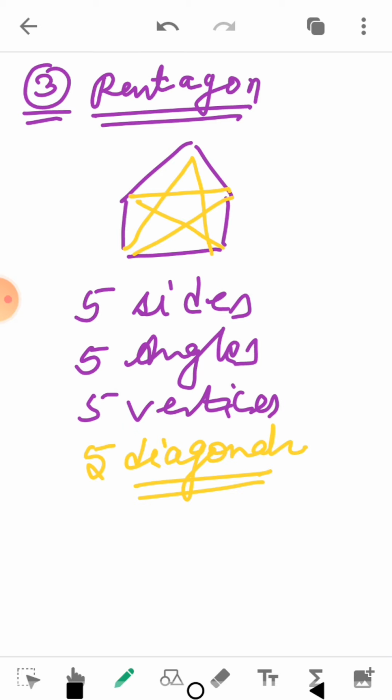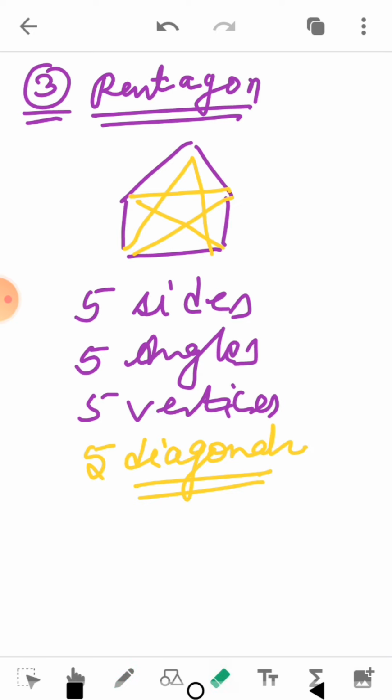Okay, this is the pentagon, and in the same way next is the hexagon. Hexagon means having 6 sides. The polygon having 6 sides is known as a hexagon. Having 7 sides is known as the heptagon. Having 8 sides is known as the octagon. Having 9 sides is known as the nonagon. Having 10 sides is known as the decagon, and having n sides is known as the n-gon, which is described in the NCERT book. Okay, now convex and concave polygon.